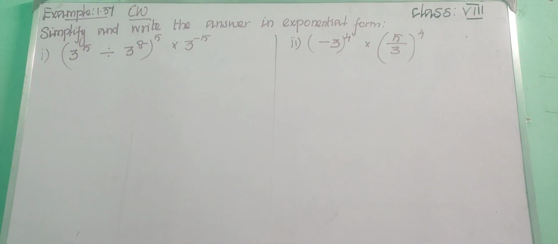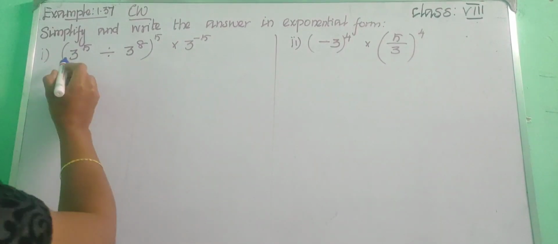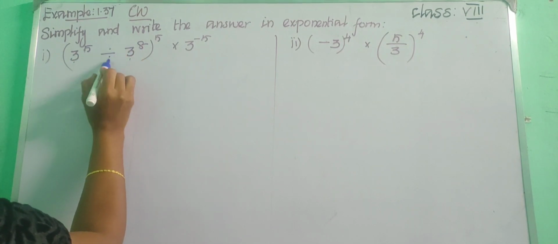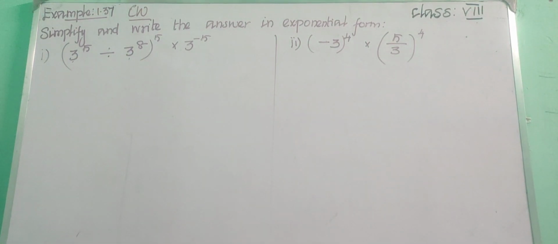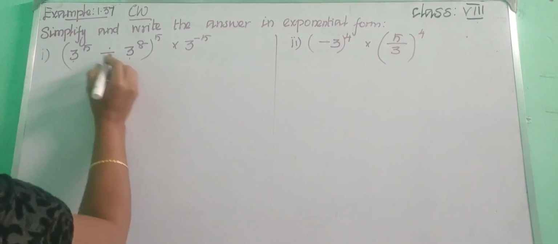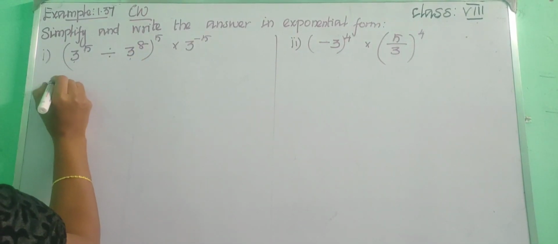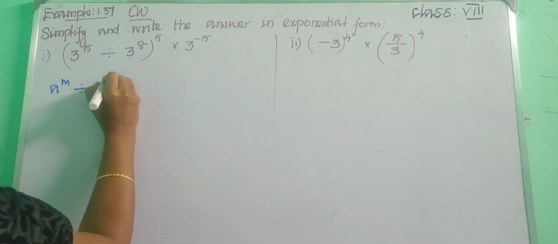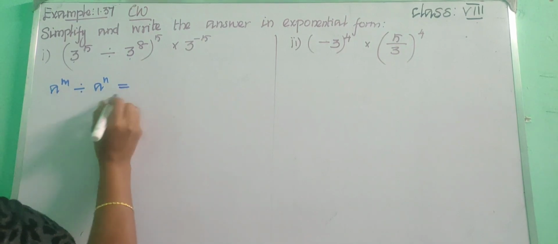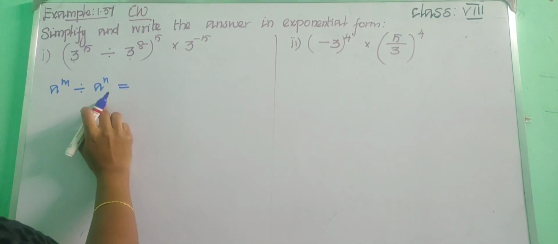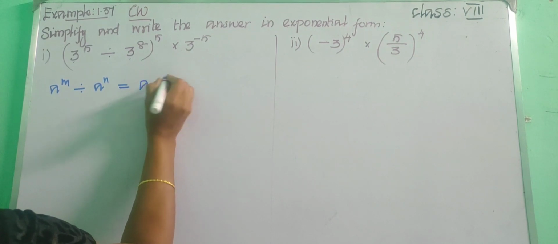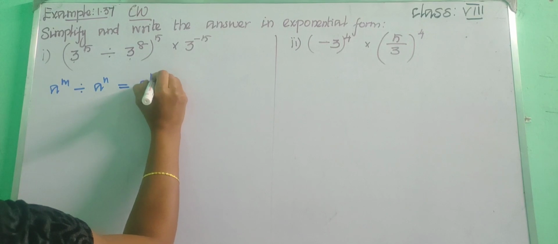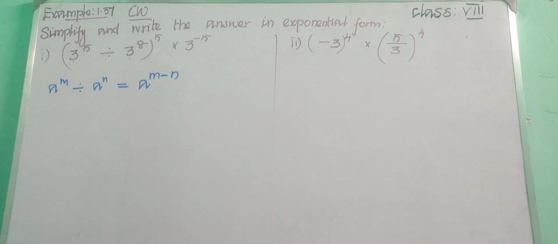Okay, so first of all, let us solve the brackets. See the brackets. Same base, but the powers are different and it is a divide symbol, so we can use the quotient rule, right? So we are going to use the quotient rule for this. How will you write? A power m divided by a power n. If you are having the same base, we need to write the base as the common term and subtract the powers. So m minus n. A power m minus n.